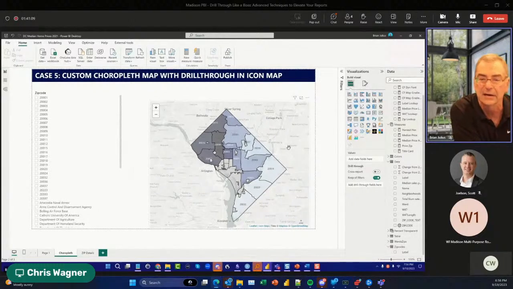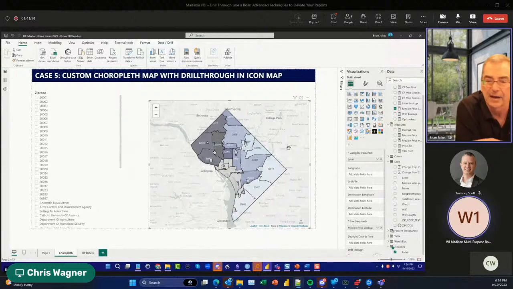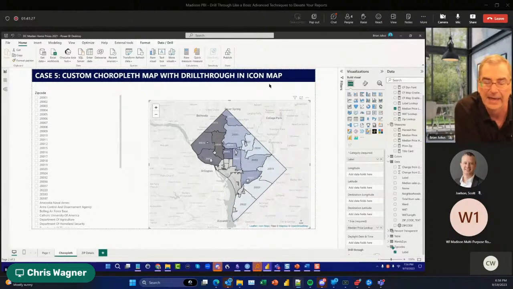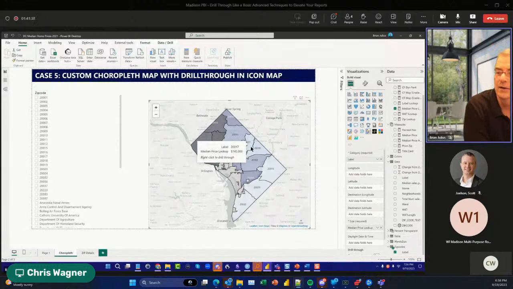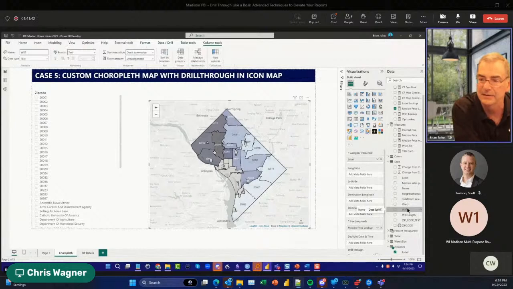But what I've done here is build out a custom choropleth map where I went to the DC government open source site, where they have boundary files for zip codes, and took those boundary files, converted them into what's called well-known text, and then fed the well-known text, WKT, into the data file. And then from that WKT data file,